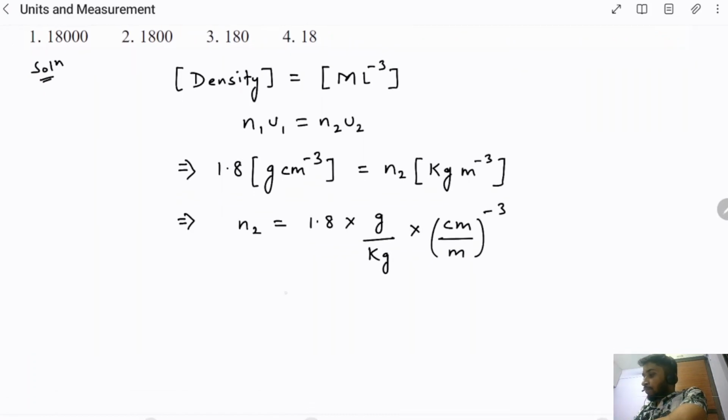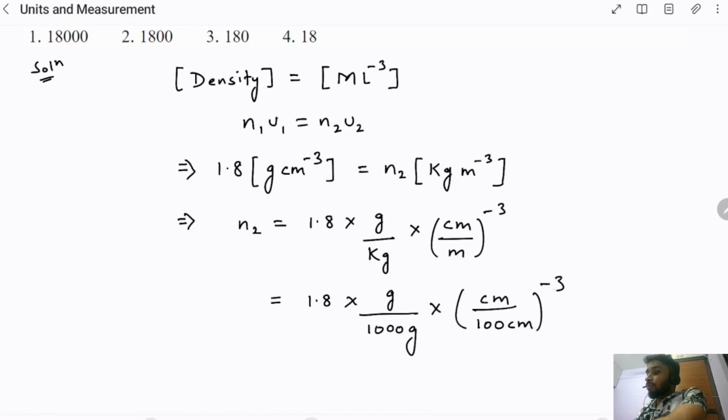Now in the next step we need to cancel out the units. So for that I am going to convert the SI values into CGS values. So 1 kg is 1000 gram into 1 meter is 100 centimeter. So centimeter by 100 centimeter to the power minus 3. So if you simplify this,